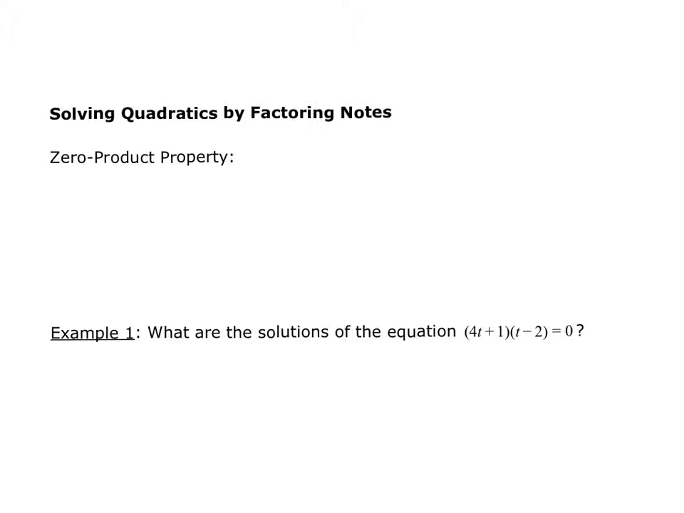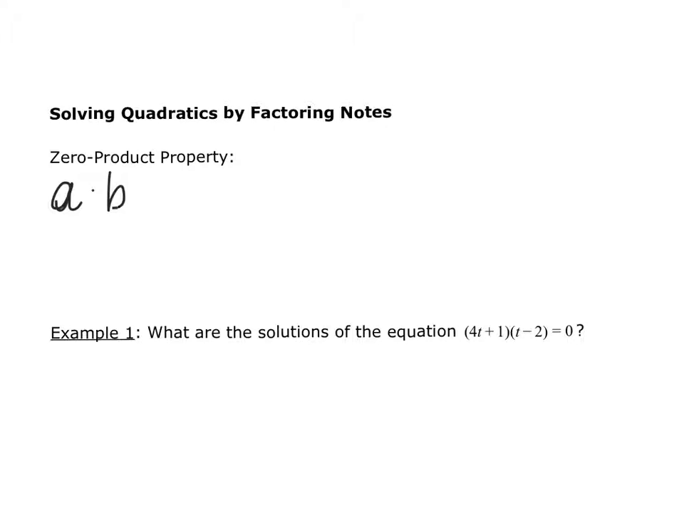All right, so we're solving quadratics by factoring. The first thing I want to talk about is the zero product property. And it's actually a lot like what it sounds, zero product. So product means to what? Not add. It's like multiply. So a product is when we multiply. So for example, if I have